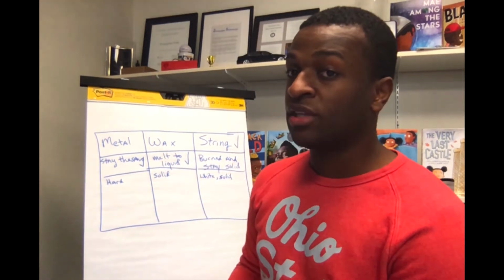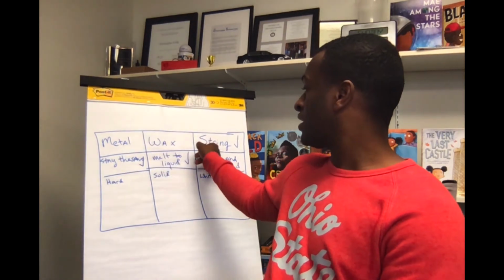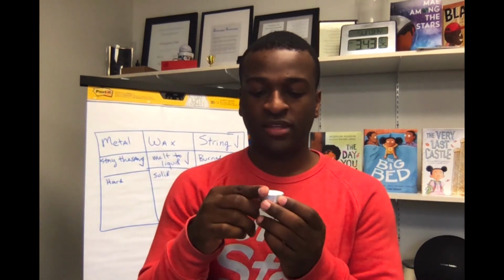Once we did that, we were able to make a hypothesis. I made a hypothesis about all the materials on the candle. I made a hypothesis about the metal, about the wax, and about the string. And I was almost all the way right. And I know that because we did a test. We took our candle and we lit it, and we were able to pour it into our Petri dish to then see what happened to the wax.